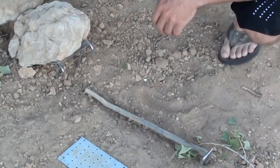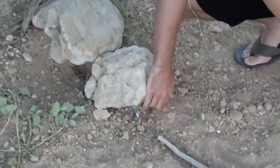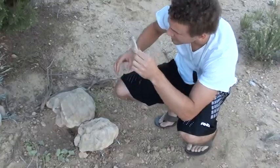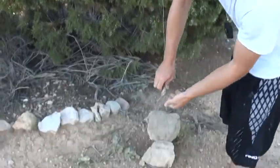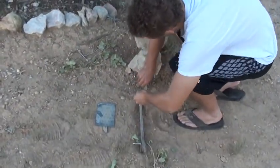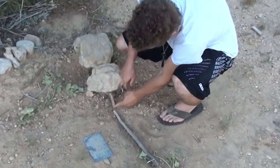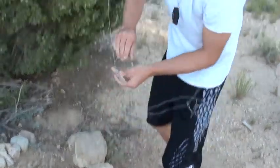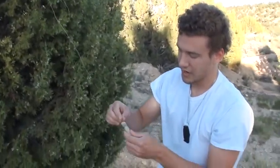And then the next step is to find a rock, some big rocks to support this, because with the weight of the tree, it's going to want to rip these spikes out of the ground when it flings up. And then after that, you're going to find a little stick that will fit underneath your support, underneath your beam here, without hitting the ground. So I'm going to have to dig this out just a little bit. And you're going to want to cut away at the stick here to provide a little groove for the wire